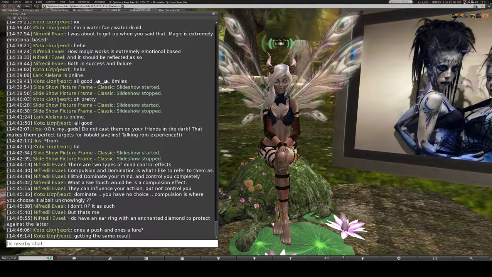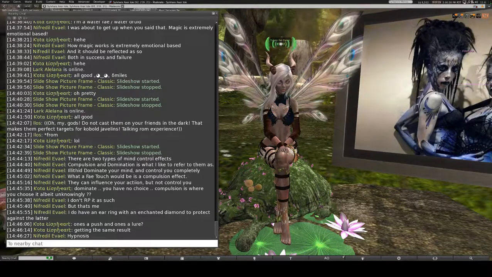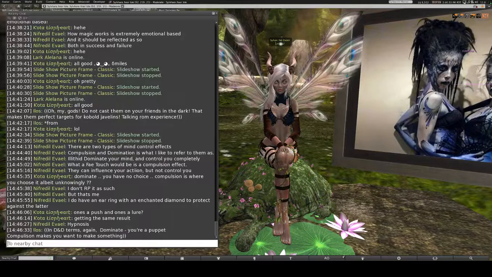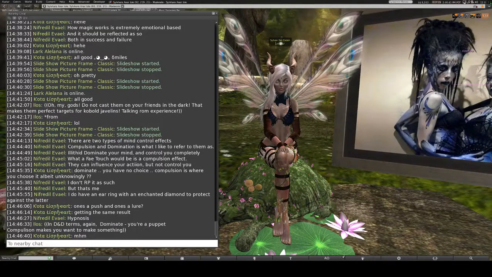That's actually a great way to put it, Coda. Basically, Elos was talking to Sable and I earlier about the satyr's ability to charm, which would be probably similar to the Fae touch, but on a lesser note. Yeah, because I wouldn't think that the Fae touch would make somebody mindless to doing everything that the Fae want, but they really want to do what they say. Do you see what I'm saying?